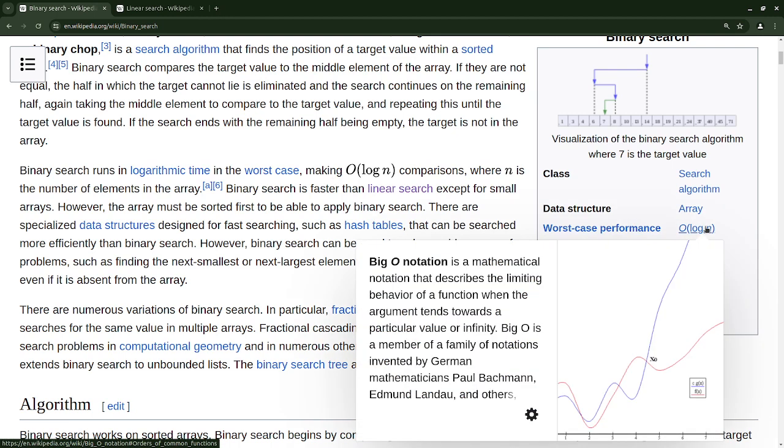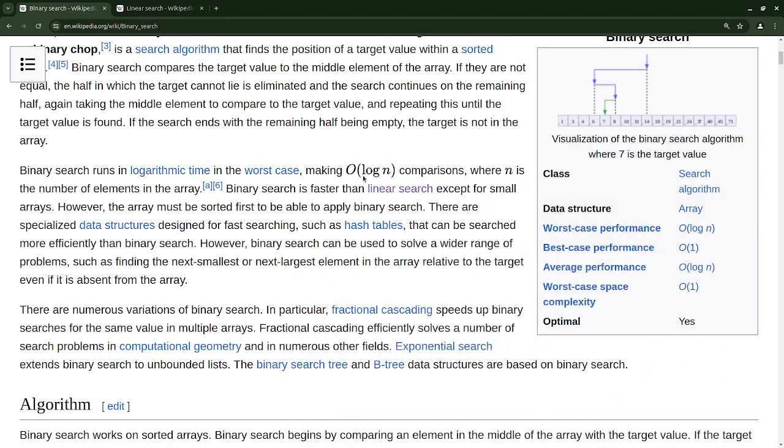This is log n. What it means is that since we will be dividing the search space by half each time, in the worst case it gives you a logarithmic performance, right? Unlike the linear search, where the performance is an order of n, this is an order of n divided by two, and in mathematical terms, a log is the best way to represent this